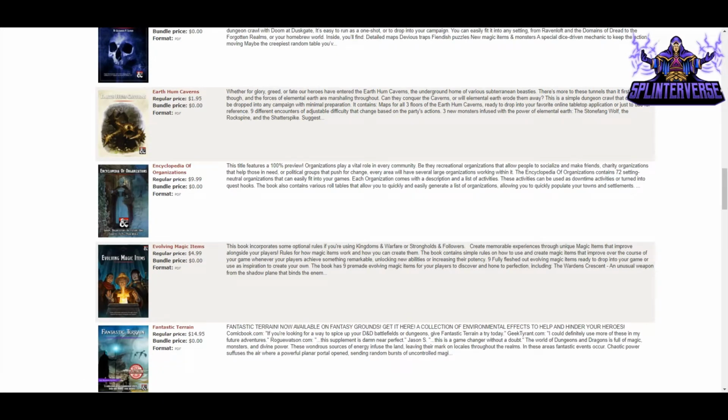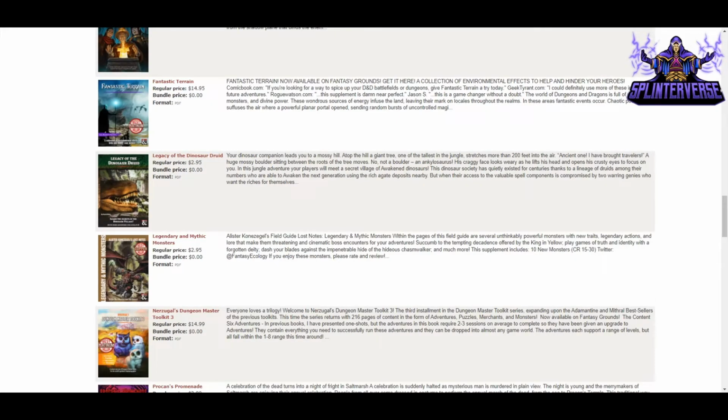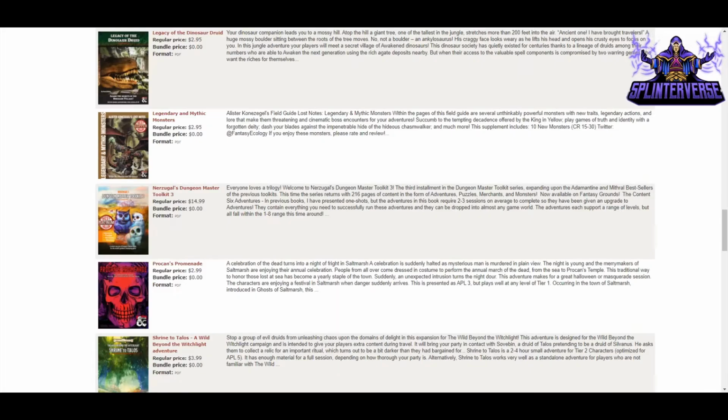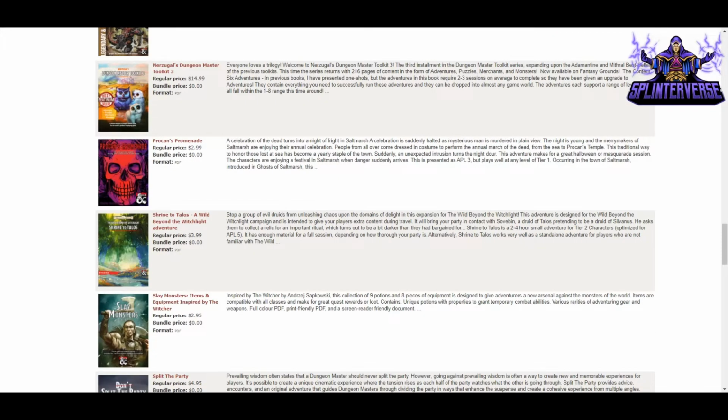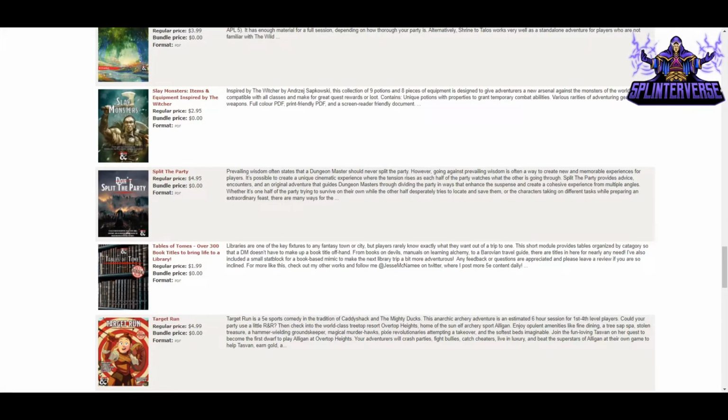Encyclopedia of Organizations. That was in one of our first videos. We talked about that. All kinds of factions and things detailed in there that you can use. Fantastic Terrain, I believe, is from Crit Academy. Yeah, Crit Academy, who we've talked about many times. Ner'zhugul's Dungeon Master's Toolkit 3, Procan's Promenade, Shrine to Talos, which we've talked about as well. It's an adventure, Wild Beyond the Witchlight connected adventure, and then Split the Party, another popular book we've talked about,